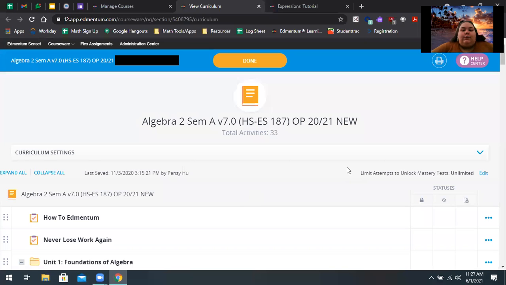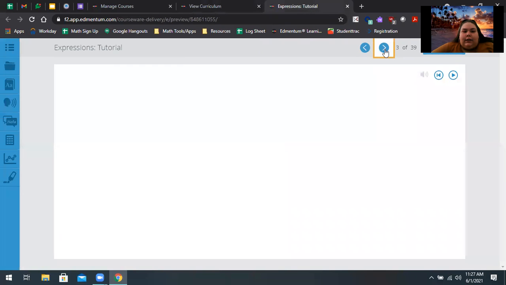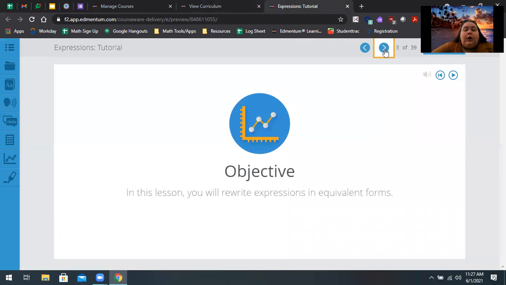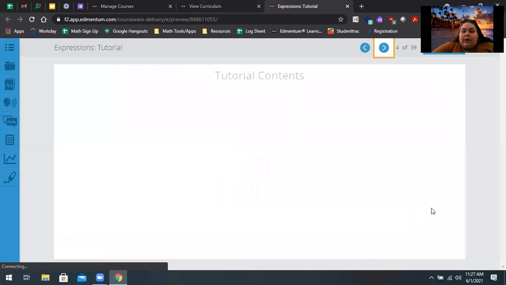Hi everyone. So we're actually going to go over the Algebra 2 Semester A first tutorial, which is in Unit 1, Expressions. This is a little bit of a review from Algebra 1, where we're going to go ahead and look over expressions. Remember, the key difference between an expression, it looks exactly like an equation, but it does not have an equal sign. So we're going to go ahead and take a look at that, starting with the warm-up